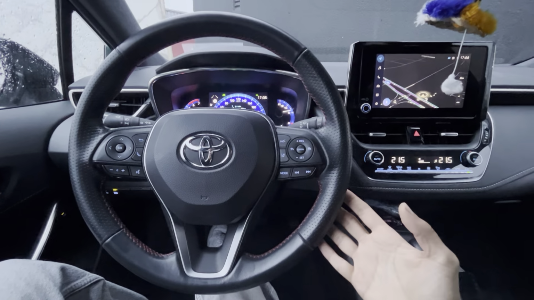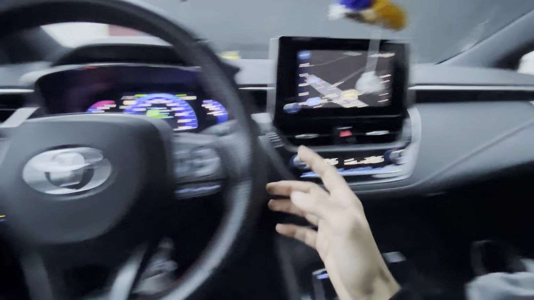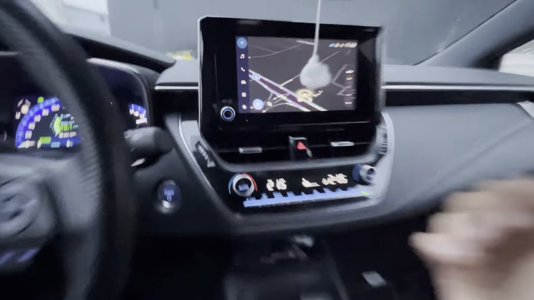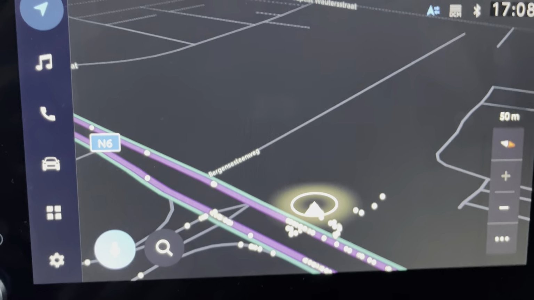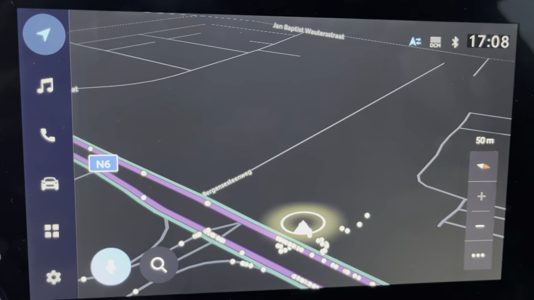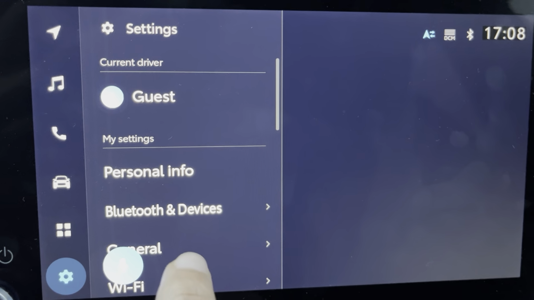All you need to do is go to the right of your steering wheel. Here you're going to find this little screen. I'm going to zoom in a little bit to give you guys a closer look. Once you're here, guys, all you need to do is go to your settings here in the bottom, and then